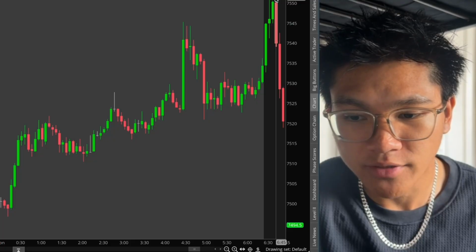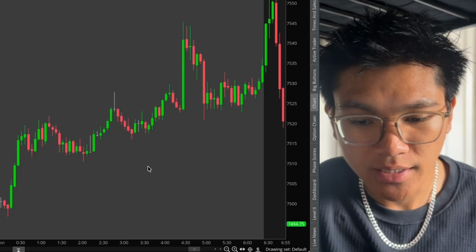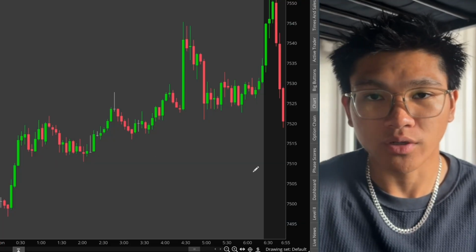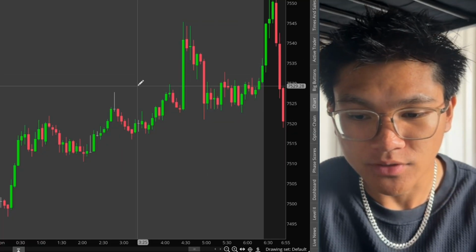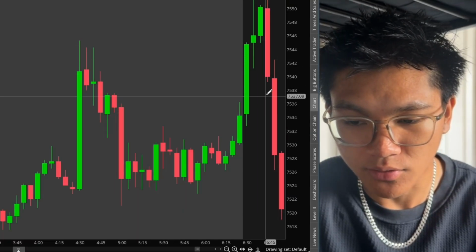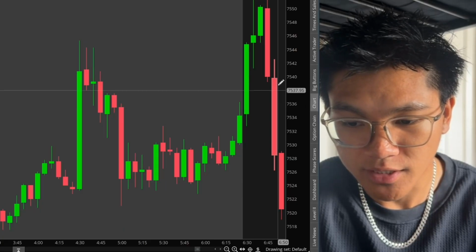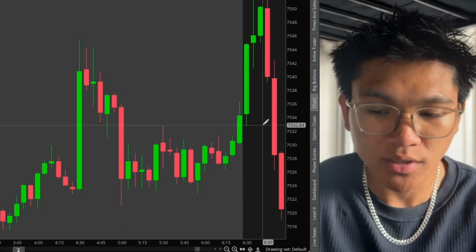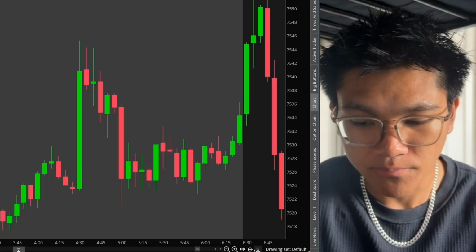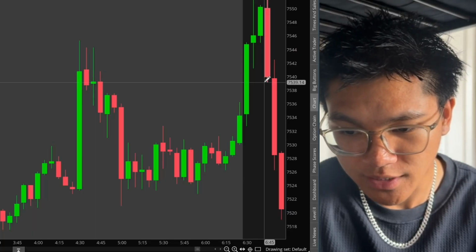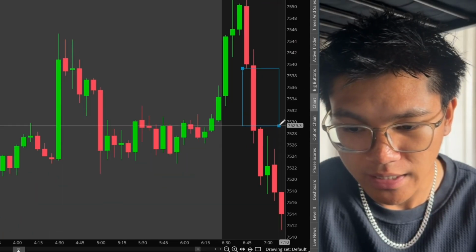And you'll notice that a break of structure level is a swing high. And swing highs are what we mark out for liquidity. Alongside this, you can see this huge candlestick right here and this huge gap in between the low of candlestick number 1 and the high of candlestick number 3. So what we're going to do is we're going to actually mark out this box right here as a fair